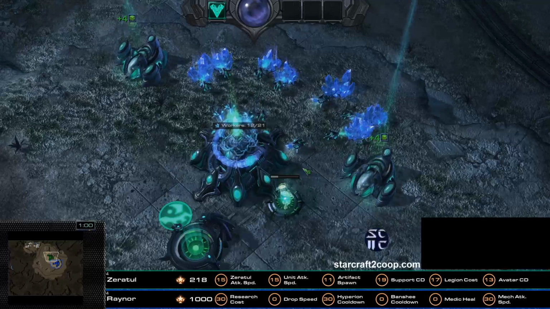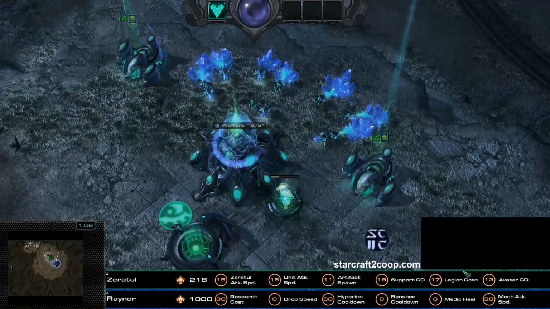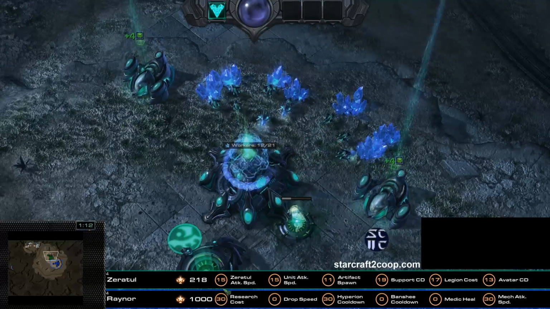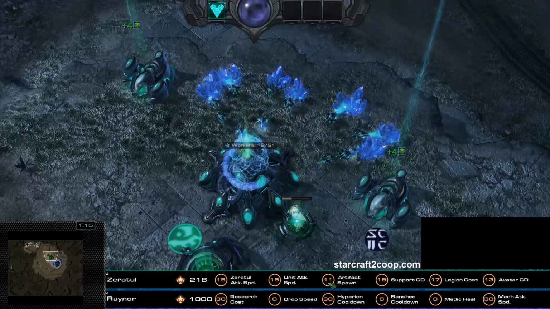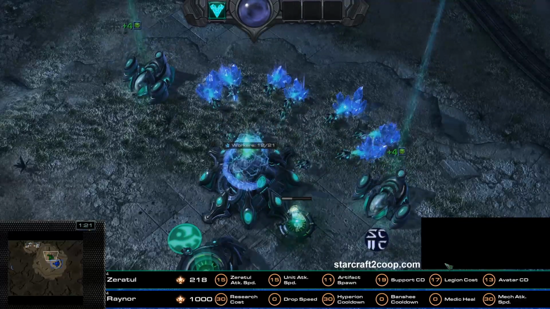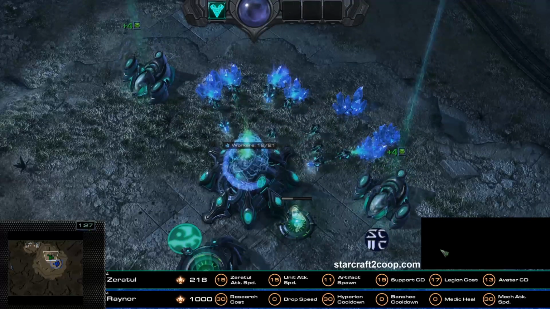Zeratul is a level 218 Ascension player with pretty much evenly split masteries across the board. And generally, you want to pick one or the other here. Zeratul's attack speed is pretty solid. The artifact spawn mastery is pretty much the ideal choice here. And for this one, I usually go for the Legion cost, but there's also merit to going for the Avatar cooldown